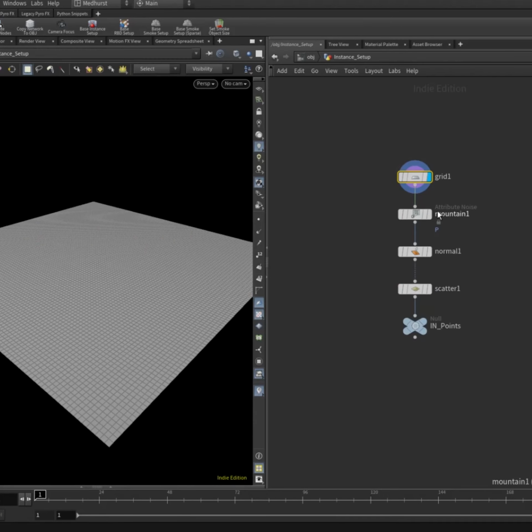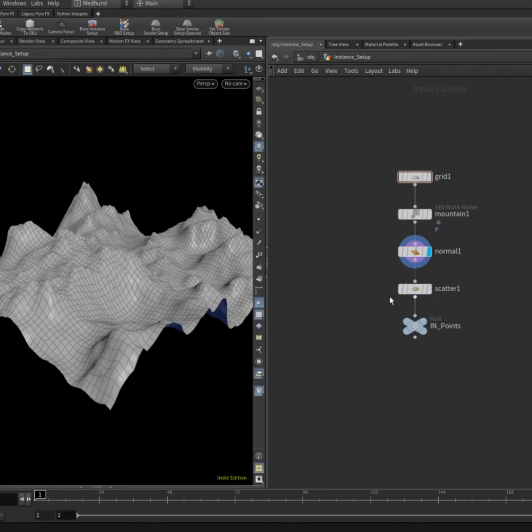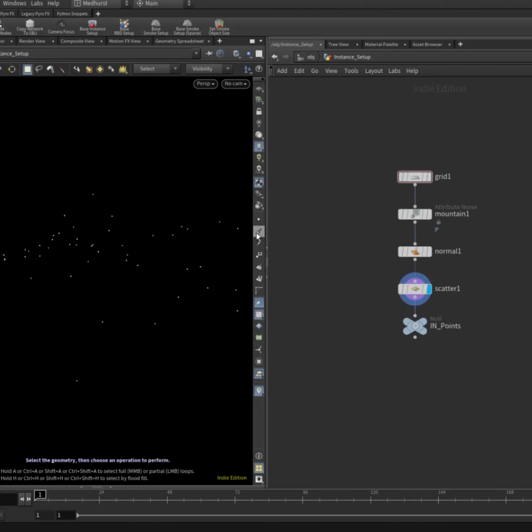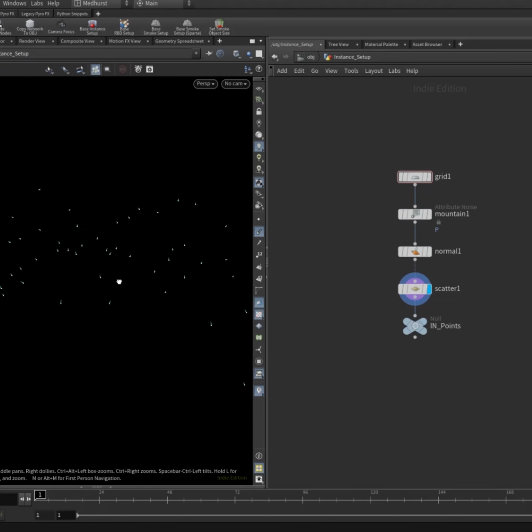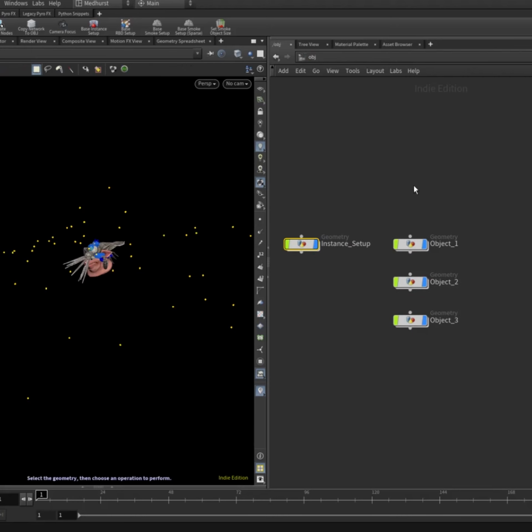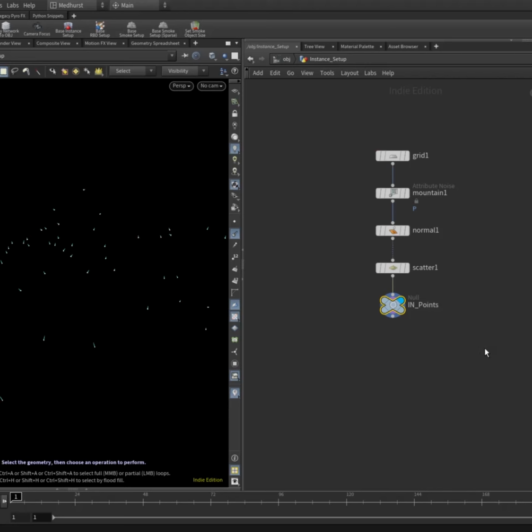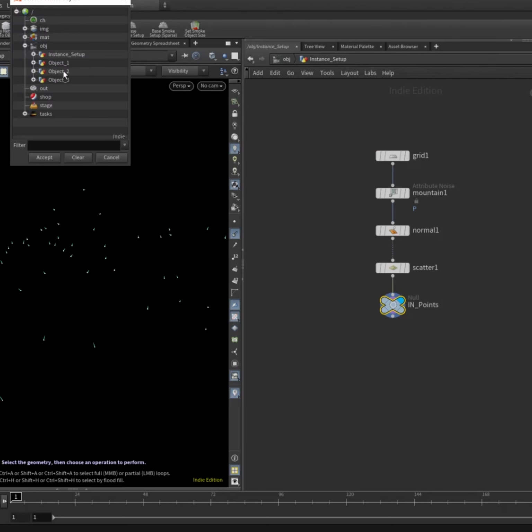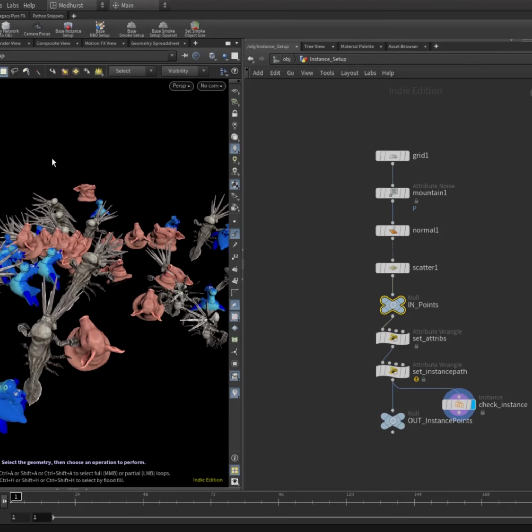Here I have a grid. I've put some noise on it, given it some point normals, and then scattered a whole bunch of points so they inherit those point normals. At the object level, I've got 3 test geometries that I want to instance onto these points. All I have to do is select my incoming points and select base instance setup. I'll come in here and select the objects I want to instance onto those points, and it'll create me the